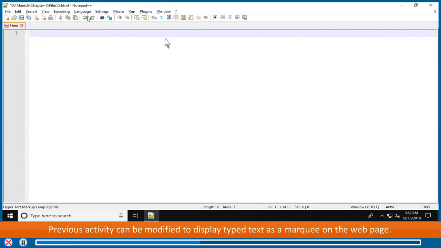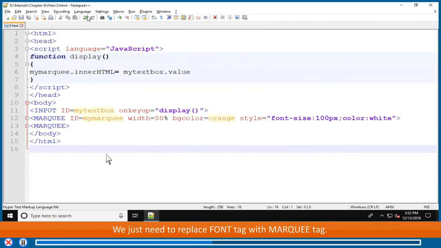The previous program can be modified to display typed text as a marquee on the web page. We just need to replace the font tag with the marquee tag. <html><head><script language="JavaScript"> function display() { mymarquee.innerHTML = mytextbox.value; }